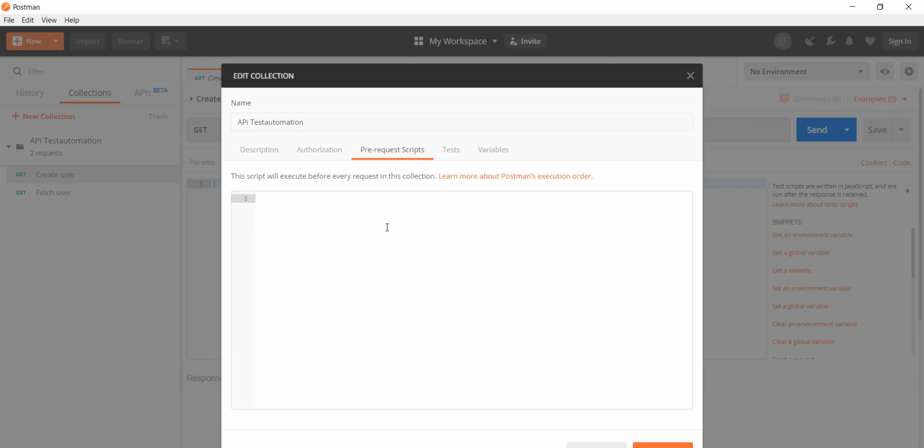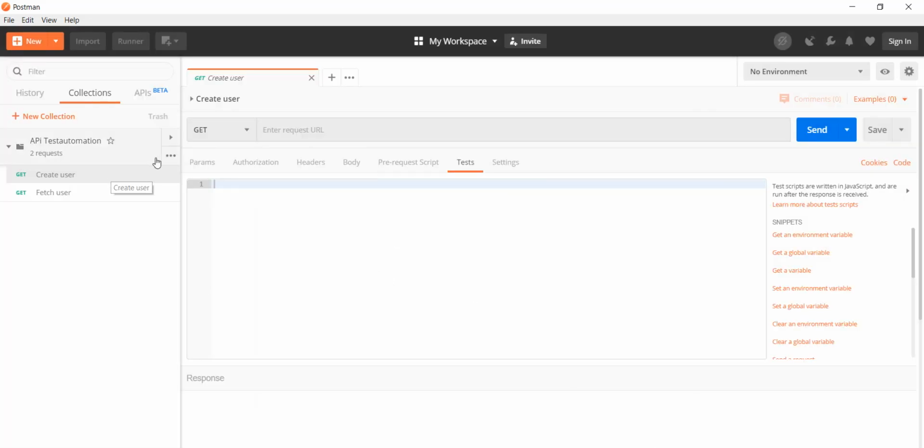So here you can also, if I want to write something, this is the collection level, this is the first level. If you hit APIs and if you hit the runner, then first of all this section will be executed, and then